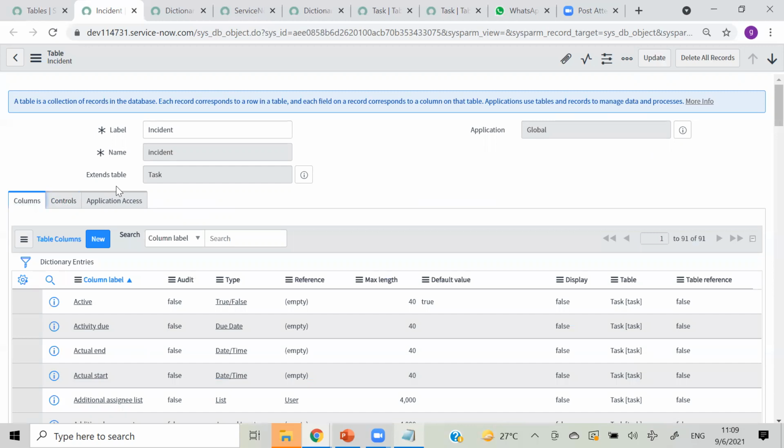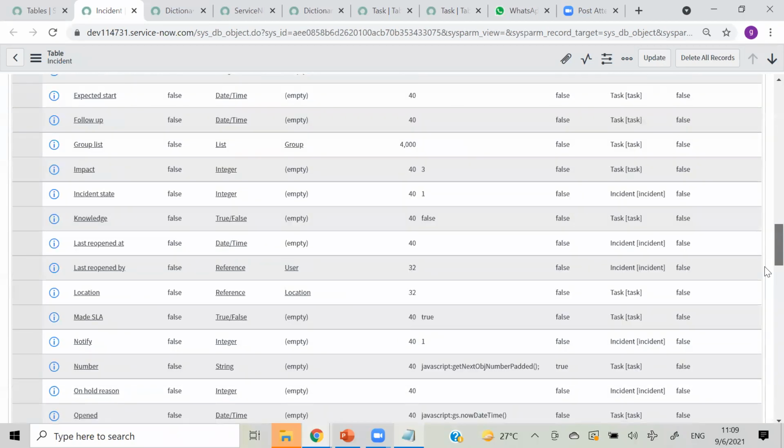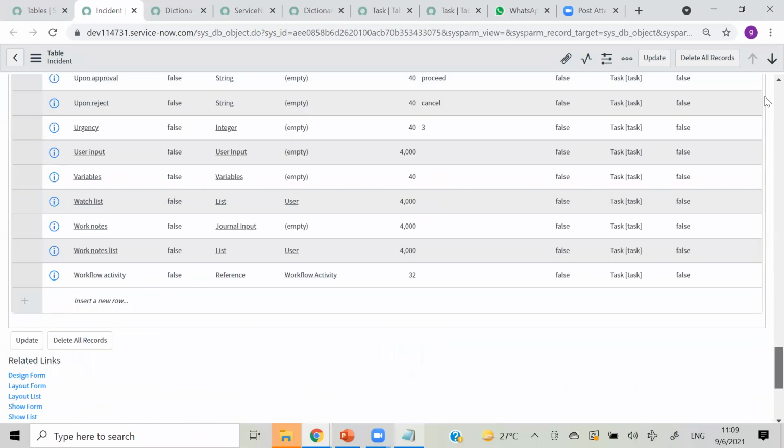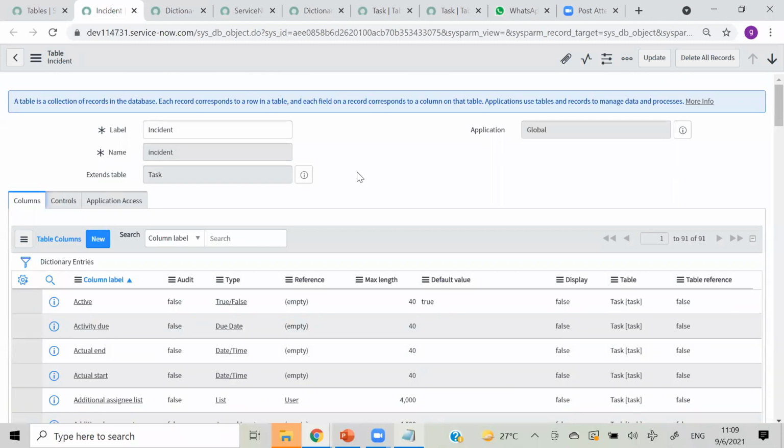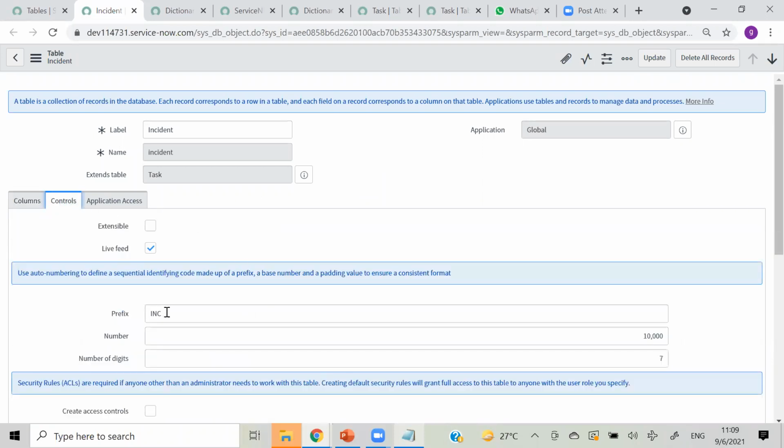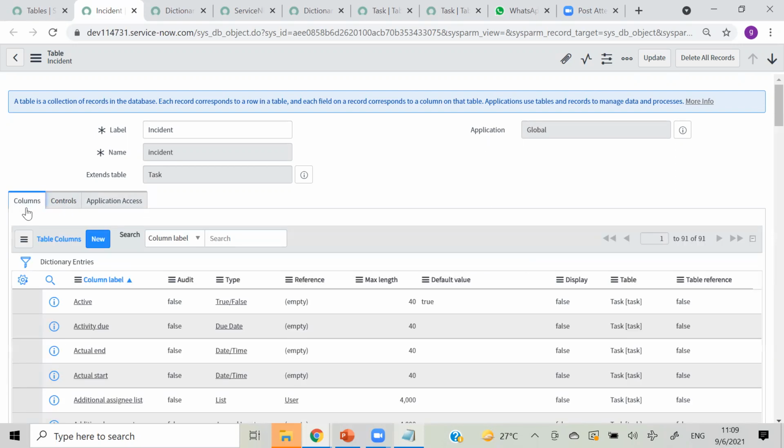Just extend the task table so all the task table fields will appear. When you click on show table or show form, those default task table fields will appear on your form. So just try any prefix, any number of digits. Adding fields and different types of fields we will see in tomorrow's class. Tomorrow we will create a custom table.